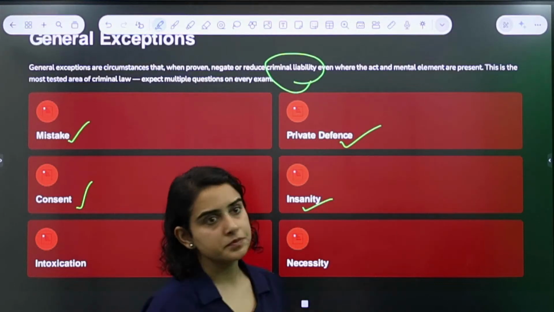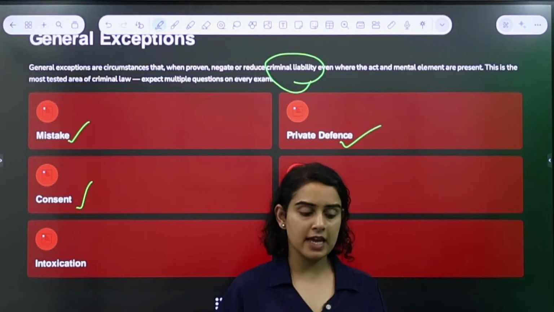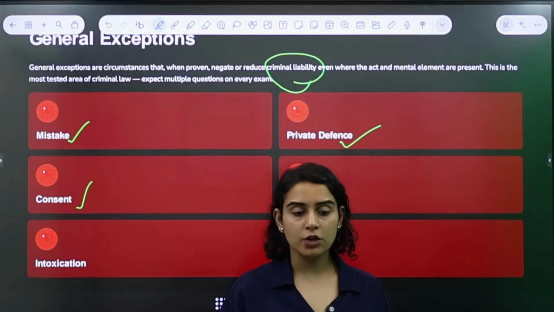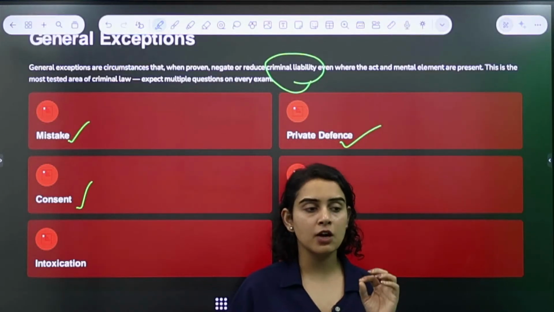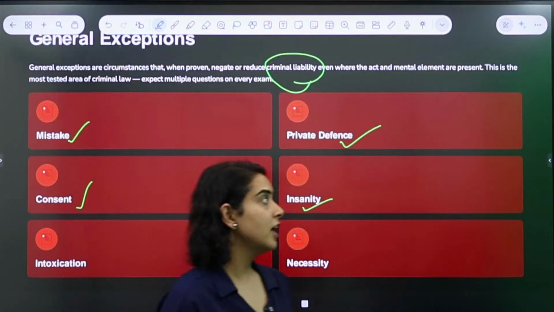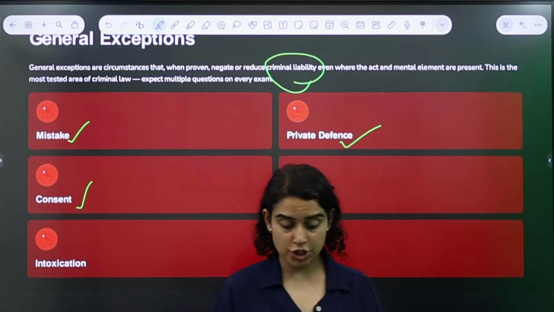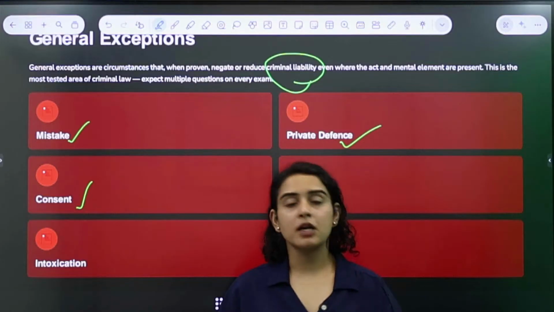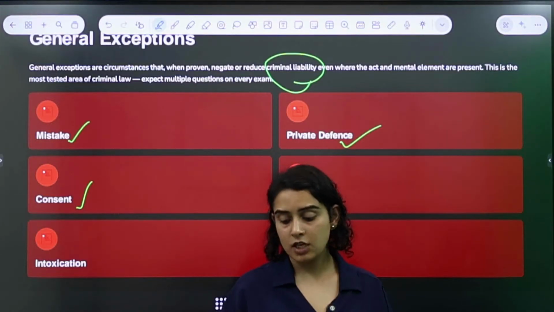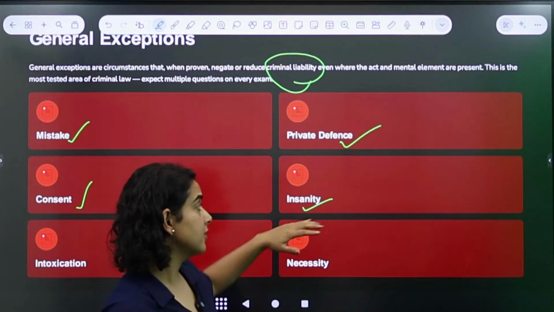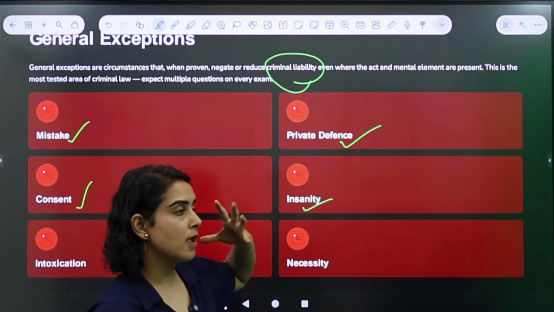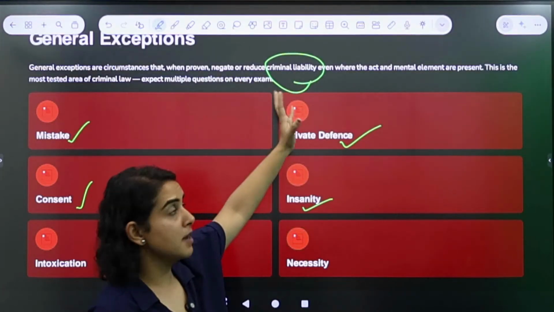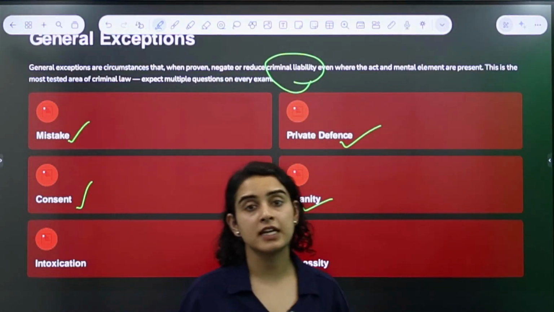Next defense is insanity. Insanity here basically means any person who is of unsound mind. Okay, we do not call them anything else. We say that when they are of unsound mind, which basically means they're not in a position to understand the repercussions of a situation, of any action, right? Now, there is a person who's suffering from any mental illness and he commits a crime, that person can escape criminal liability, saying that okay, there is a defense of insanity that he has.